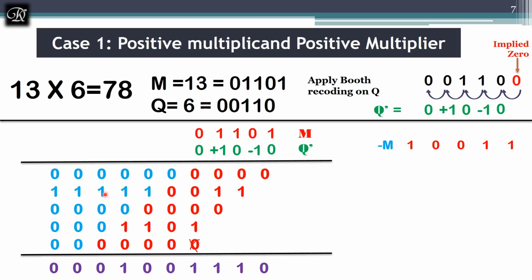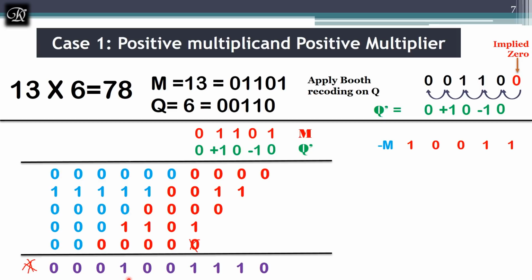1 is added with 1, it is 1 0, so 0 is written here, carry will be 1. Again 1 is added with 1, it is 1 0, 1 is written here, carry will be 1. Again 1 plus 1 is 1 0, 0 is written here, and 1 I have to write here, but I need not worry about that one because it's more than 2n bits. Whatever you get more than 2n bits, I don't have to consider. Here actually there should be a 1 according to this, but I have to consider only 2n bits. This is the 2n bit value I have got.